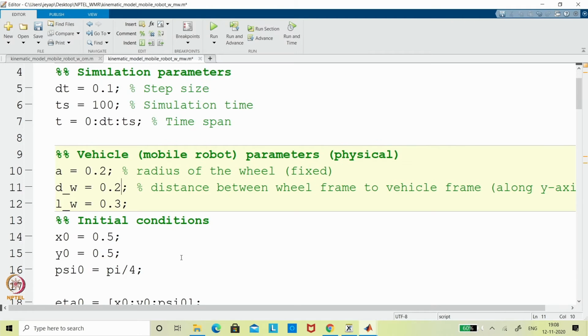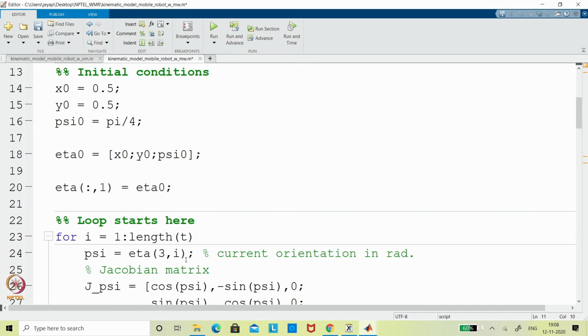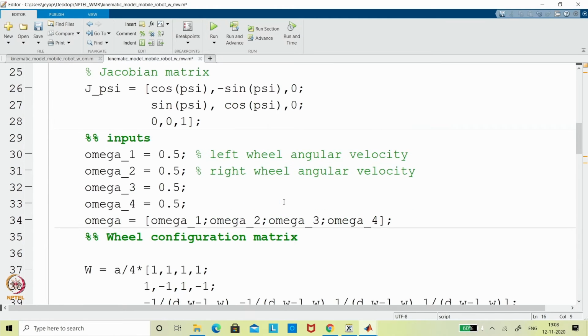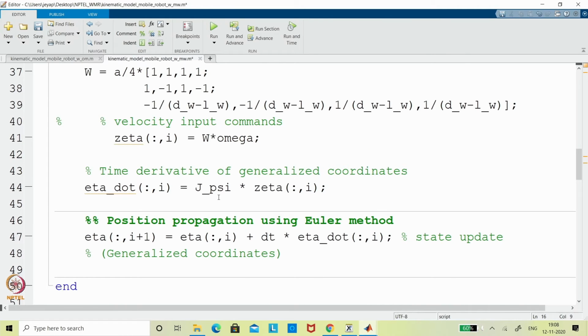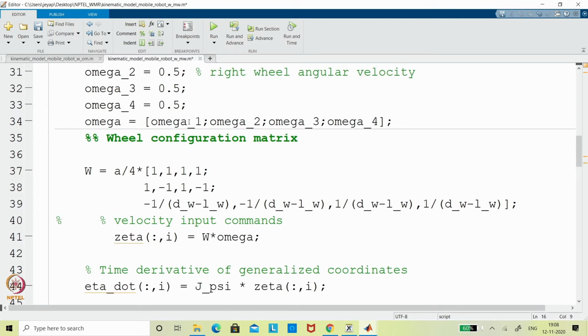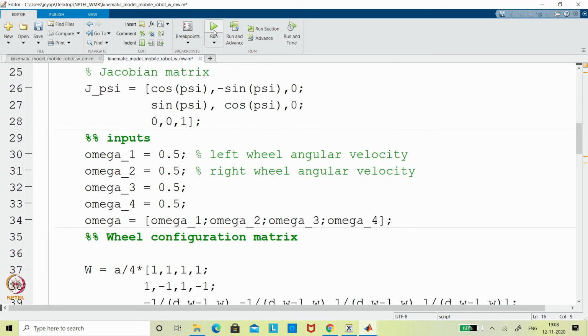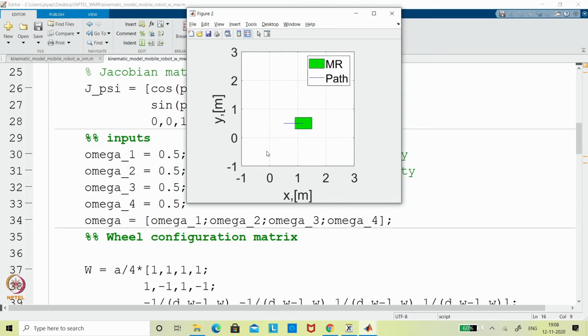Okay. So now if I run this, it would go in a pi by 4 direction. Just to show that it is going forward, just for your understanding, I am putting that 0. Now all 4 wheels have the same speed. So what we have seen in the discussion is that if I give all 4 the same speed and same direction, then that would go forward, right? We'll see whether that is happening. Yeah, it is going, right?